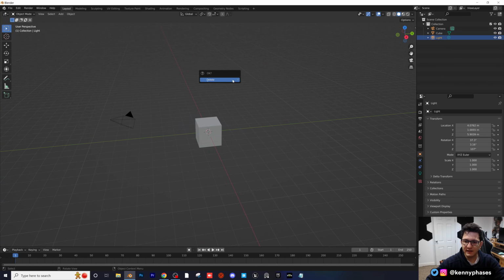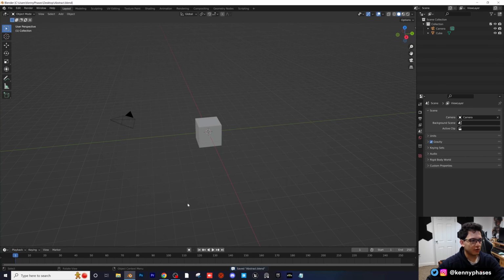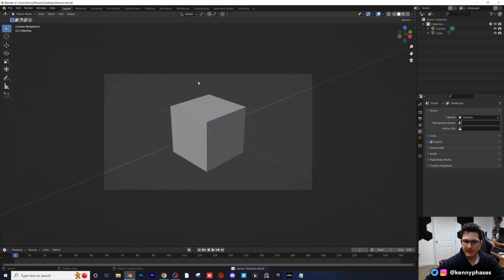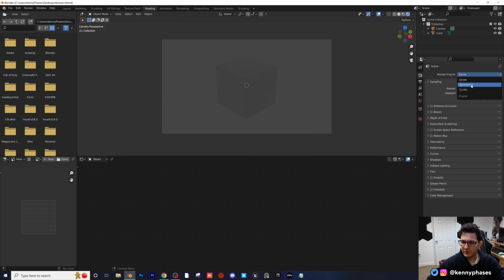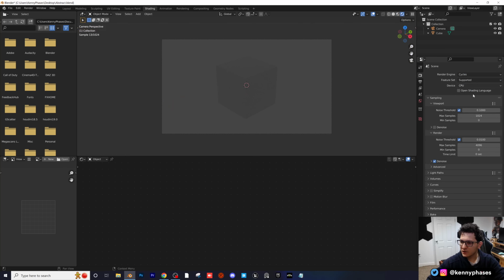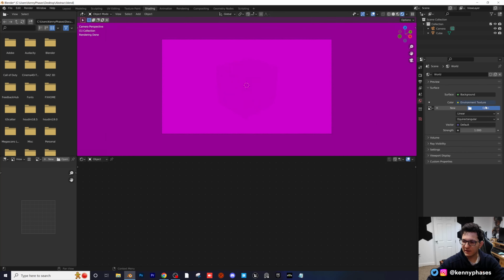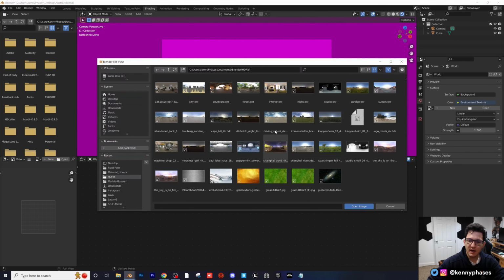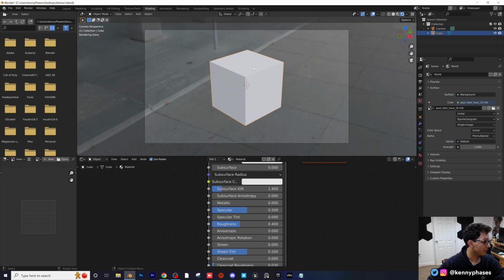I'm going to start out by deleting this light and saving my document to the desktop as abstract. Alright, and then I'm going to snap to my camera and go right over to my shading tab, go into the rendered view, switch over to Cycles, GPU, and go to my world settings and give myself an environment texture. It doesn't really matter what you choose. I'm just going to choose this indoor scene here. That's perfect. I'm going to delete the cube, sorry Mr. Cube,